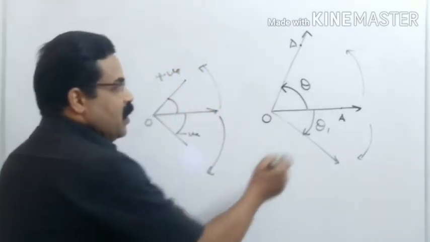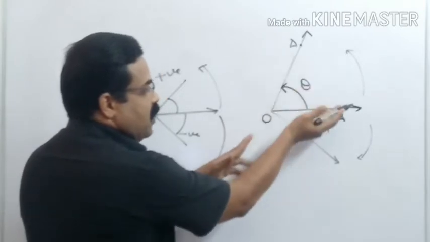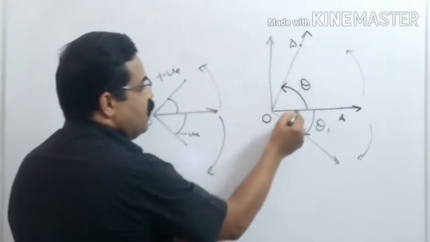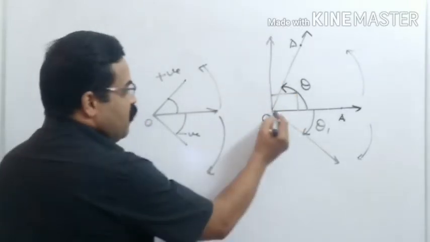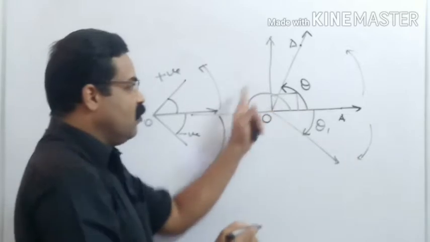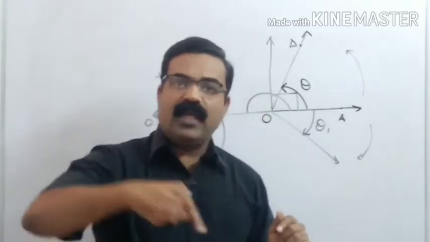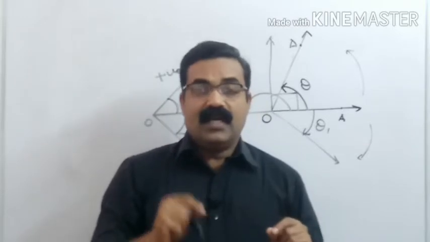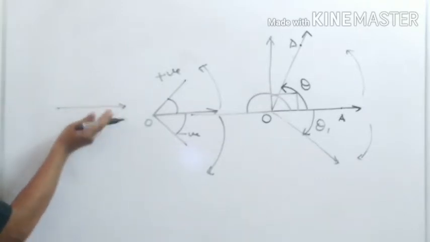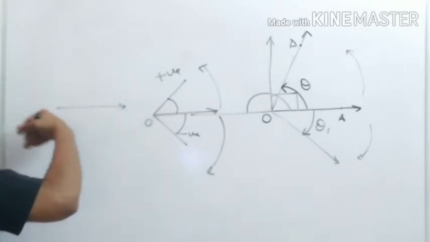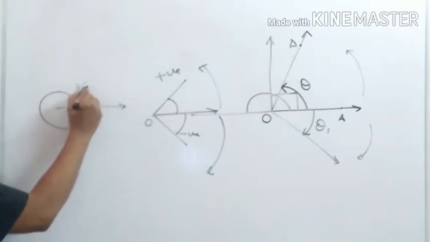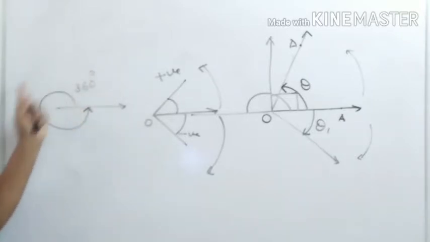Okay. So now this is the initial side and this is the terminal side. If I move this terminal side exactly up to here, making an angle of 90 degrees, this angle will be equal to 90 degrees. Similarly, if I move it up to here, making a straight line, this angle will be equal to 180 degrees. Similarly, if I make a full rotation, I will get 360 degrees. So if a line is made like this and I make this line do a full rotation, this angle will be equal to 360 degrees.